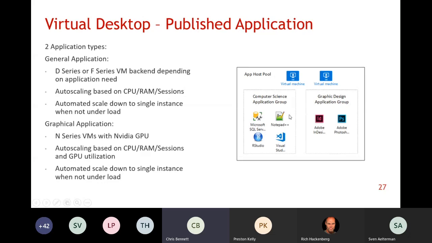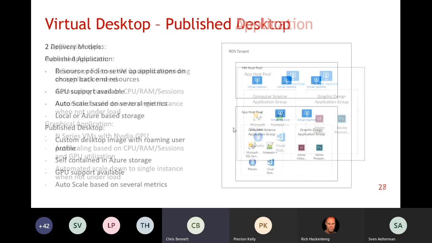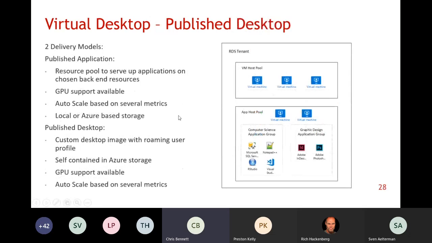When we do published applications, these are opened individually. If we're going through the HTML5 browser, you'll get a tab for each of them. If it's going through the desktop browser, everything just opens up on your desktop as if it's running locally. The published desktop option allows us to do a couple things. Obviously, it gives us a full desktop, which is nice to have, but not necessarily a requirement for everything. But even if we were to go down the published application route, which we have